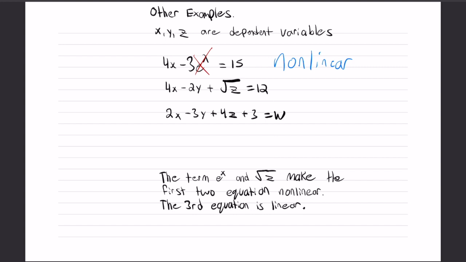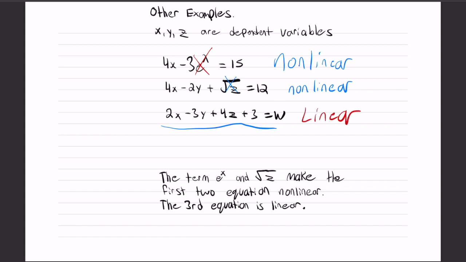Next, 4x minus 2y plus square root of z is equal to 12. We have a square root here, and we cannot have square roots, so this is going to be nonlinear. This one looks good. There's no squares, no square roots, no exponentials, no trig. This one is going to be